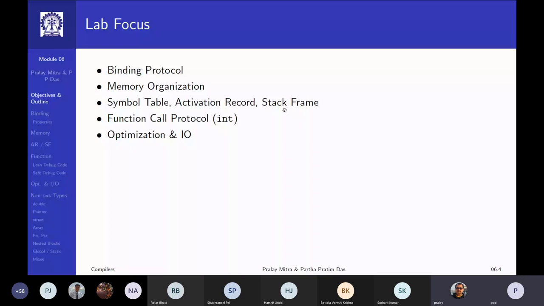Okay, so let us start. We'll do a couple of minutes of quick recap and people will complete joining by then. I started talking about the binding protocol, and actually in the last discussion